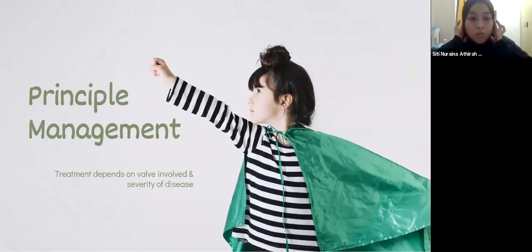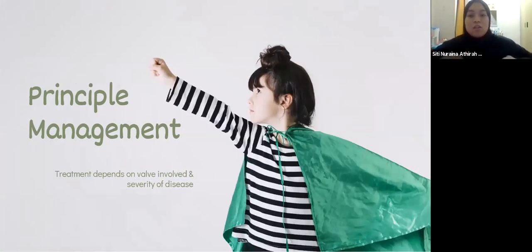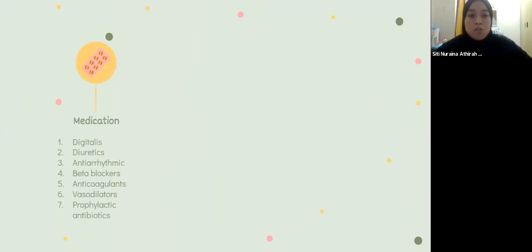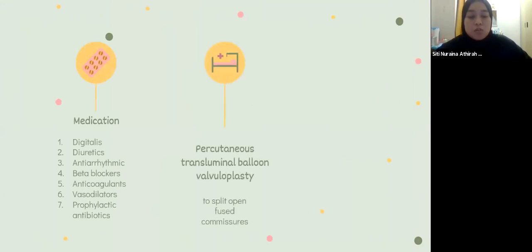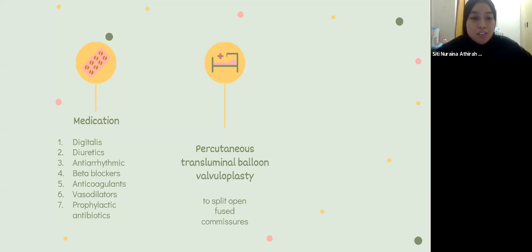Okay, for principal management, basically the treatment depends on what valve is involved and also the severity of the disease. Okay, so basically we can divide into medication and also surgical. So for the medication, we can give medication that will reduce the symptoms of the patient and reduce the workload of the heart. Basically, if the patient has atrial fibrillation, you can give antiarrhythmic, and then to reduce the workload of the heart, we can give diuretics, beta blockers, and